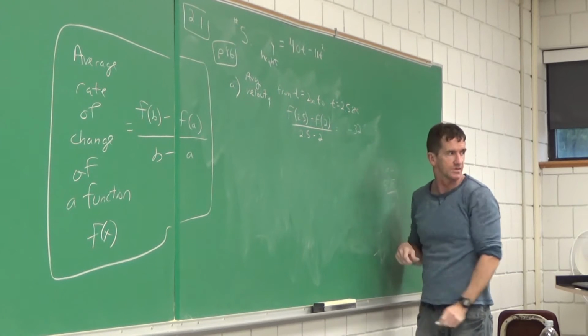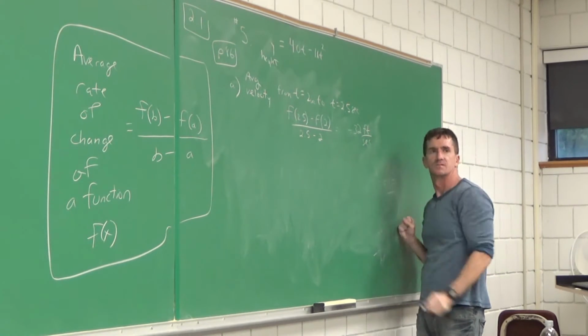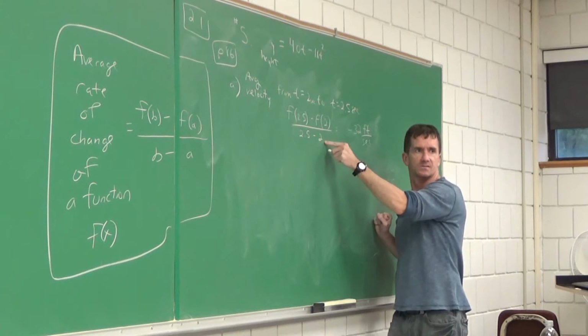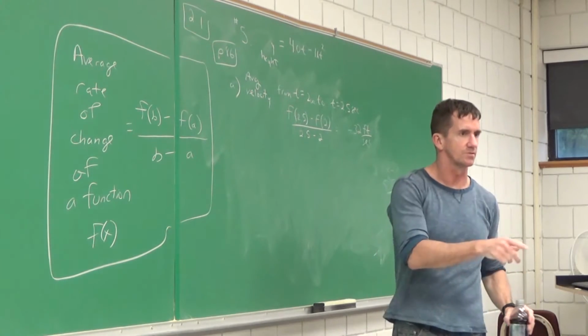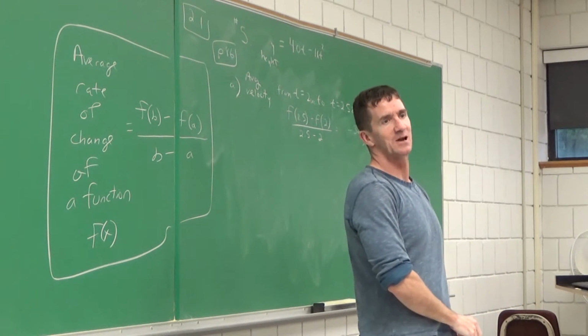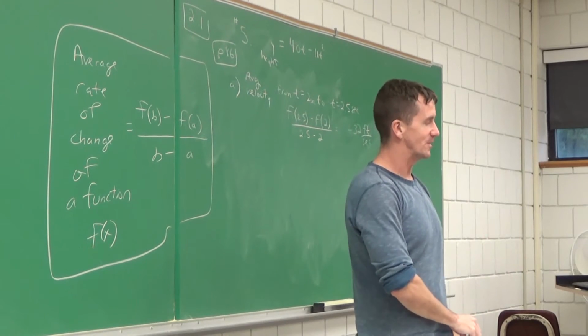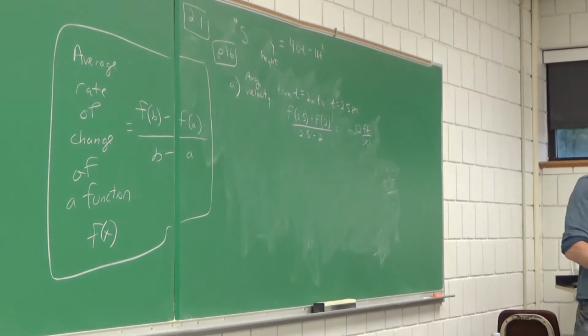Oh wait, let's see if anybody else gets this. And you did feet per second. This was feet, this was in seconds. Feet per second. Did anybody else get that? Thanks for doing it. Yeah, negative 32. That's it. So we got two people. That's how it always works. You get two people. No way two people can screw up the same way, right? You may say it's likely now. Usually in the class, two people get the same answer.